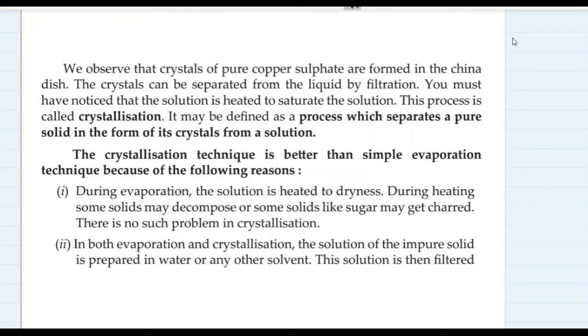So basically you have a solution of copper sulfate in a dish, and when this solution is heated from beneath, the amount of liquid present lowers gradually. That means the solution becomes more and more saturated, and slowly when you cool the solution you start seeing the crystals of the dissolved solid. So this happens only with some of the solids, not all the solids. Mostly the salts crystallize out in this form.